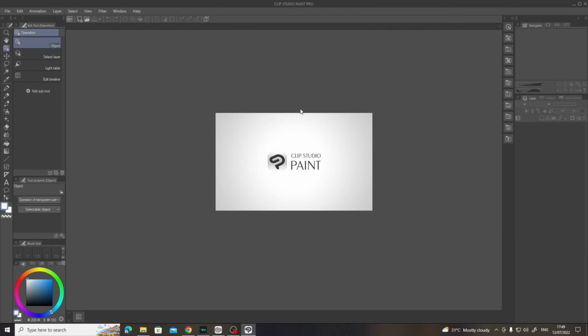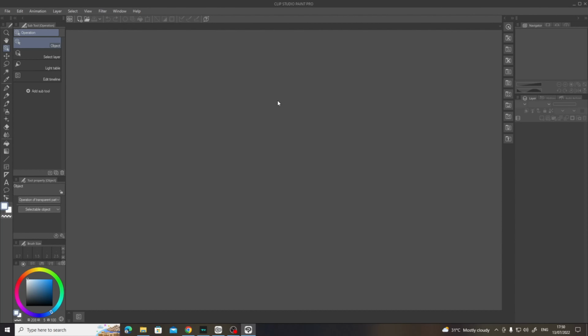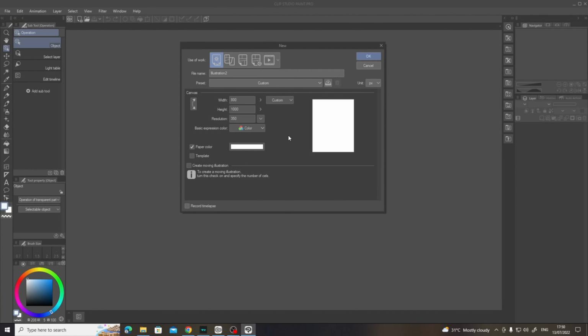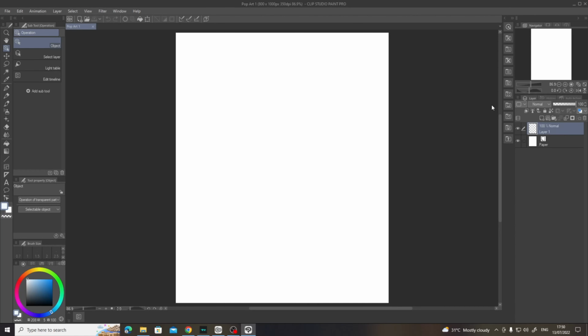Basically when I'm just doodling ideas, I'll just draw something that straight away pops up in my mind. So today I'm just going to open up a very basic sketch and create a very simple design just out of my mind. So what I'm doing right now is creating a canvas on Clip Studio Pro,